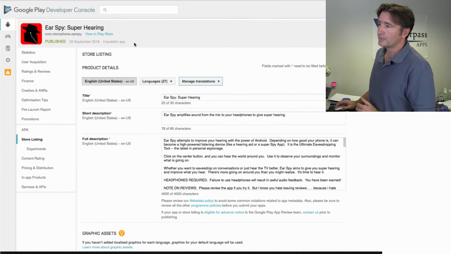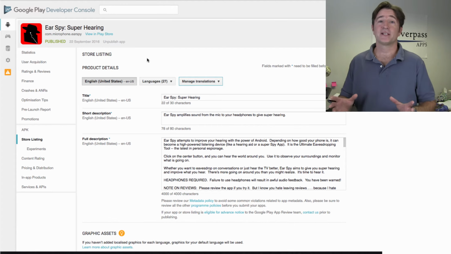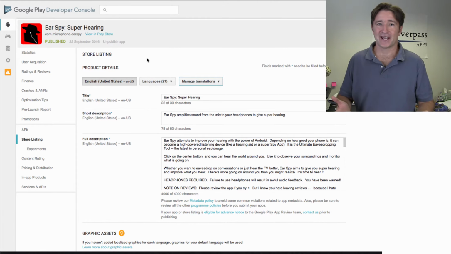Now, I'll just show you my Google Play page here, right? When you think about your categories, Google Play just a couple weeks ago released a whole bunch of new categories. None of my apps fit in any of these new categories, but I wish they would, because you could just dominate it if nobody else was in that category.